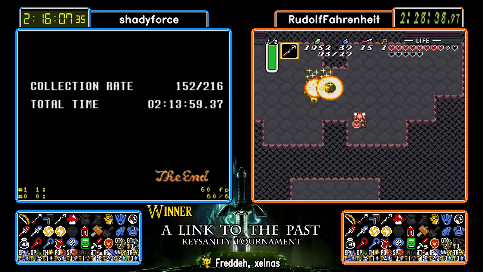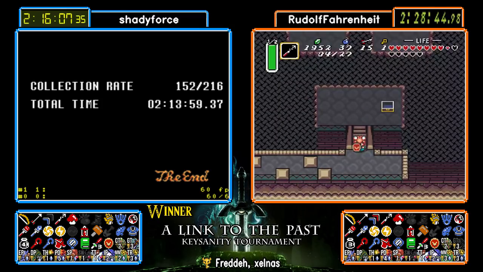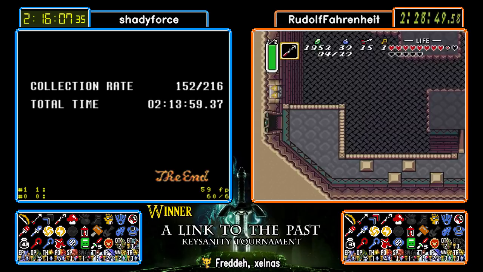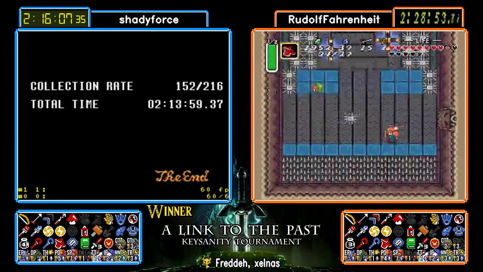I am not actually sure where he got powder. It might have been Helmasaur room. Arrow upgrade! Actually, I think I called that one, didn't I? No, I called boots. I called arrow upgrade on the pedestal. Yeah, I didn't check anything on the way up, so...